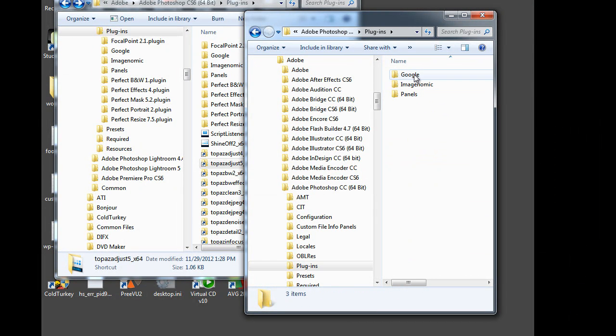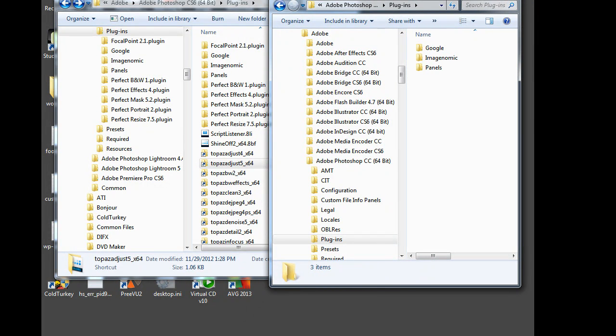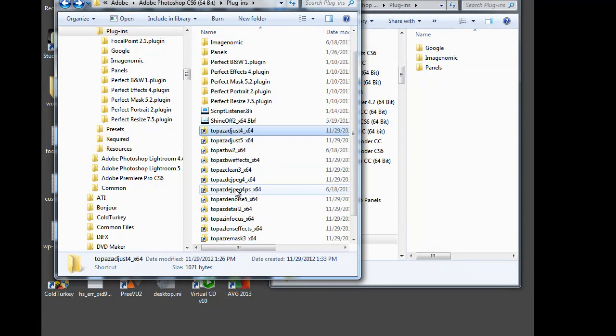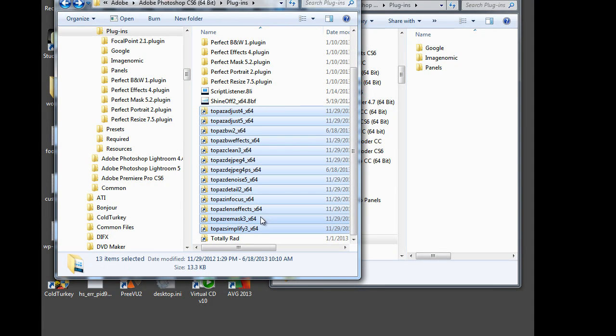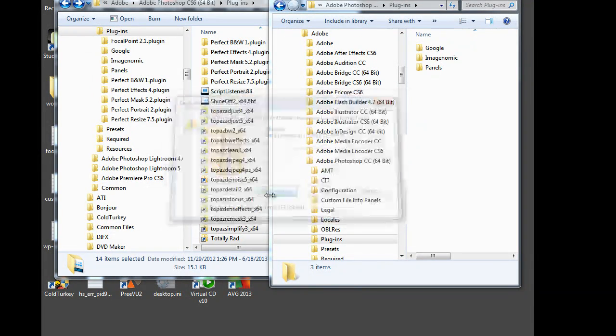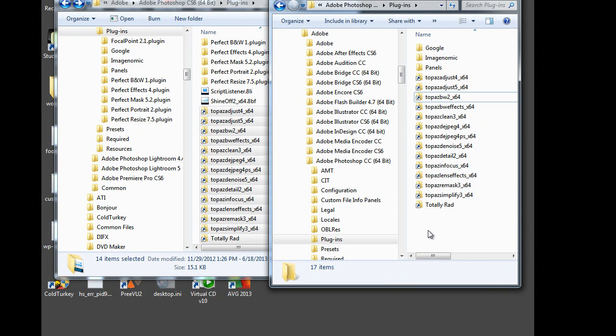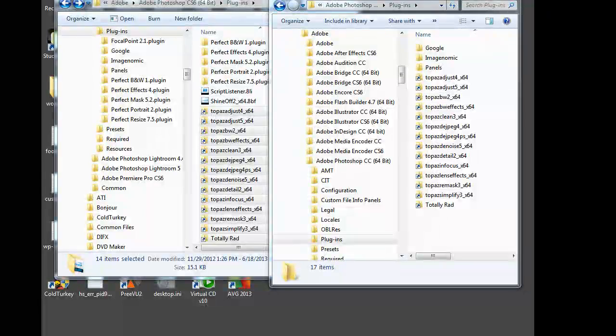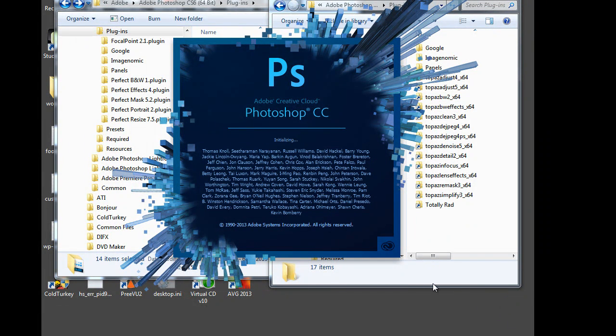You can see where I have my Google, which is Nik, and then my onOne. And I can take my Topaz shortcuts. I'm going to go ahead and do my Totally Rad because I like Totally Rad too. And I just got to copy those over there. It's going to ask me for permission. Bada boom, bada bing. If I go back to Photoshop CC,